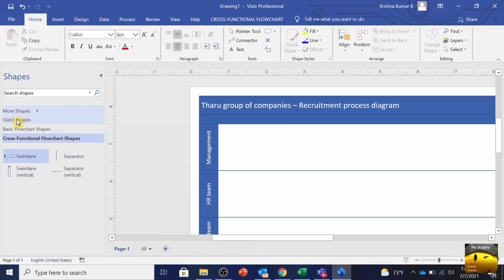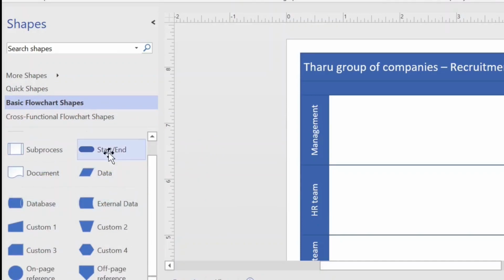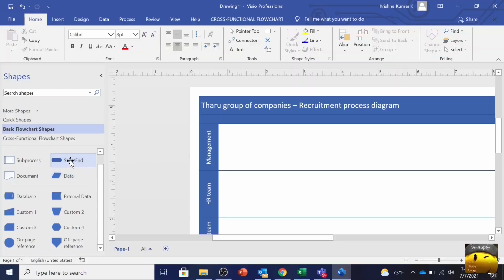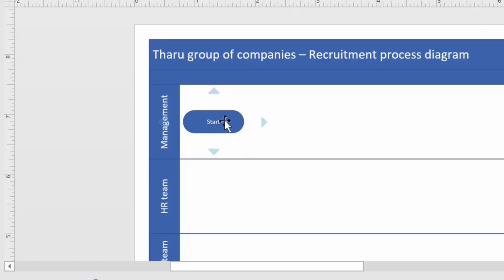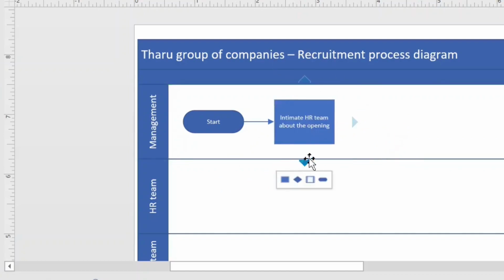Okay, so let's start now. I'm dragging the start and end shape, and I am mentioning start. After start, the management team is going to do a process, like they are going to intimate the HR team about the opening. So the HR team needs to know management requires a resource. Then the next process,